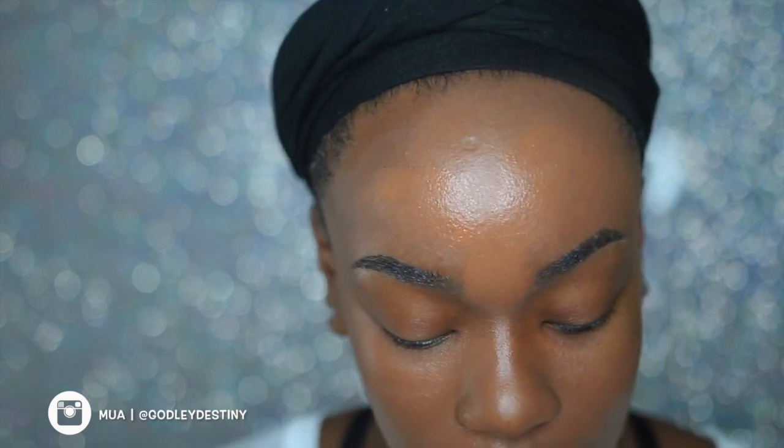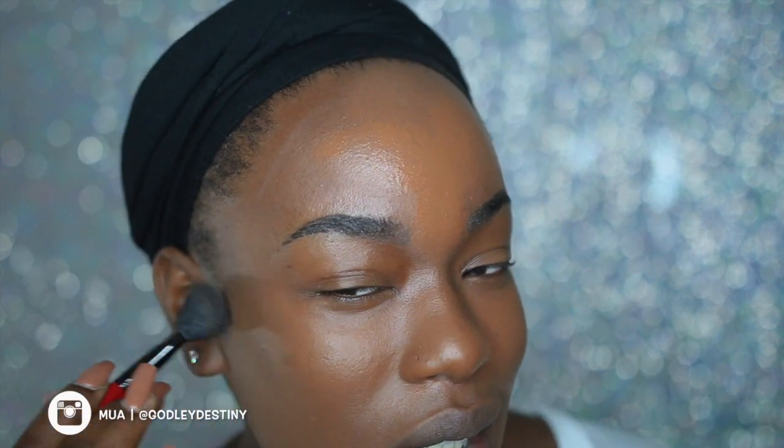Probably gonna have to go in with my Beauty Blender sponge to get between my brows and down my forehead without touching my eyebrows. Yeah, these are definitely not the tools that you use to do your foundation with. But I feel like it's more so you than the tool. A lot of time tools do make it better, and sometimes tools can make it not as good. But I feel like I could apply my makeup with a Q-tip, you know what I mean? When I hear people complain about the way their makeup came out, because these brushes suck. Oh my god, look at, I'm like, do the brushes suck,